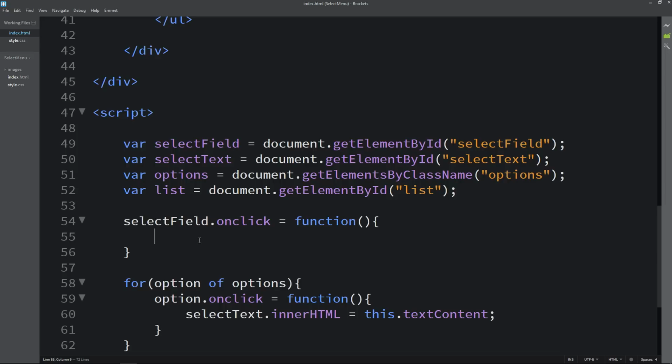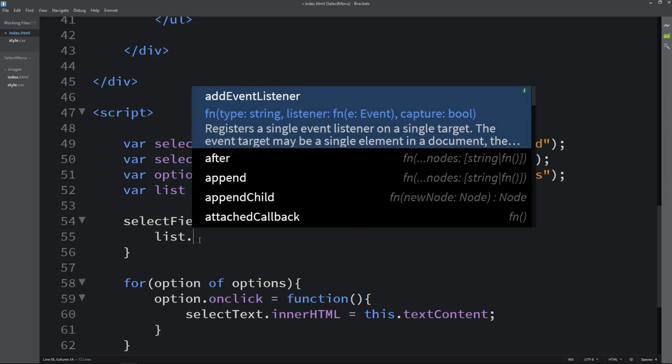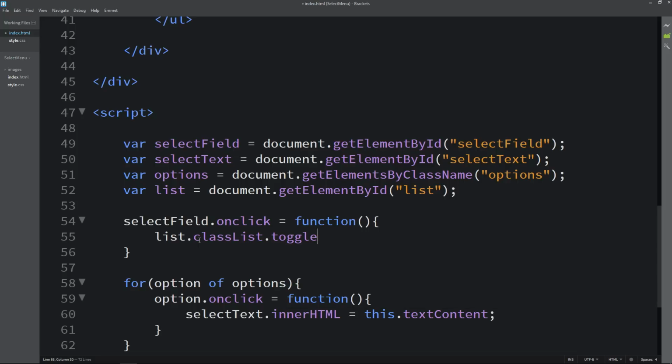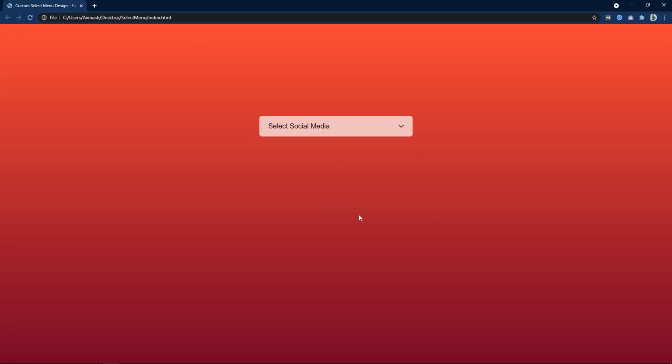Here we will add list.classList.toggle and add the class name here, which is hide. So it will add and remove this class name whenever we click on this select field. So in this way it will display and hide the drop down select option.